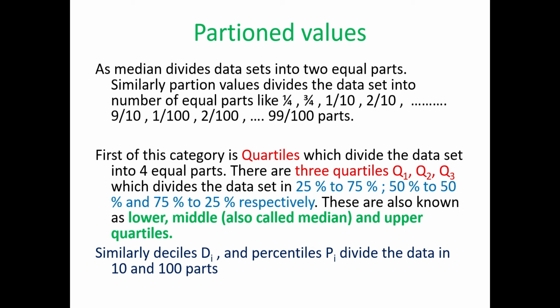For example, you have to make a house allotment. You should know how many houses you have, and the demand is very big. So at least you can say this much percentage of the people I can satisfy, this much percent of the people I can give houses to. That's how you can do that.